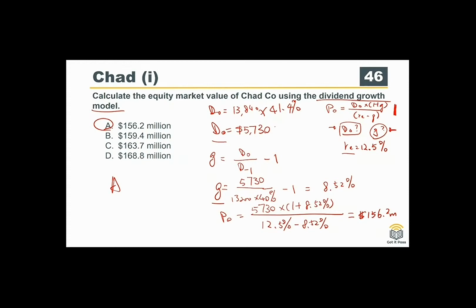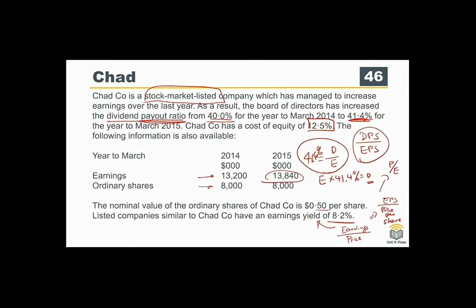The cost of equity provided to you is 12.5%, and then you work on the D0. The important part is you understand well the dividend payout ratio. What is the dividend payout ratio? It means the dividend divided by earnings. It is 41.4%